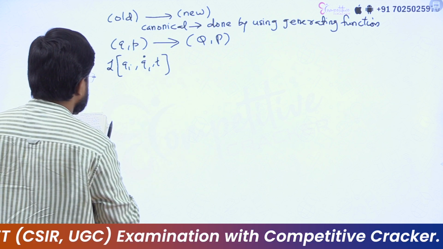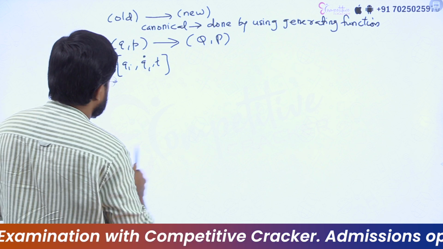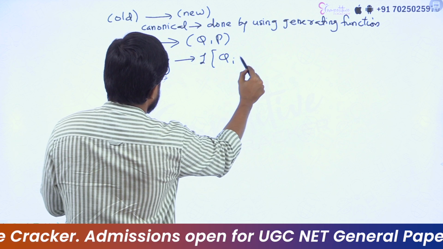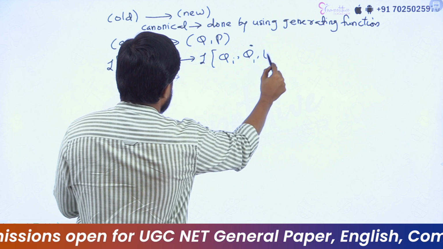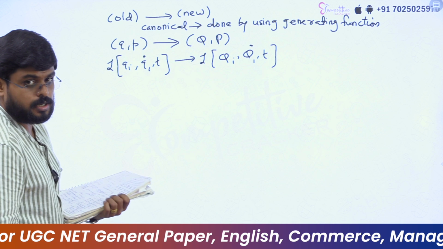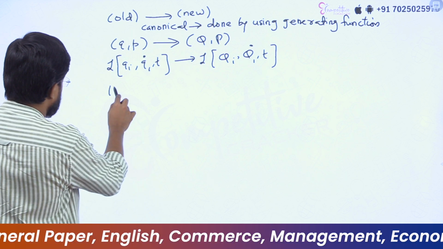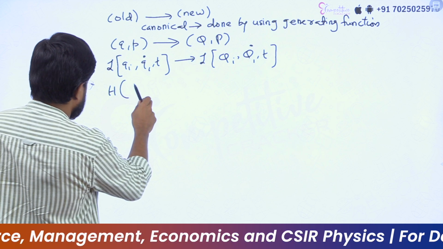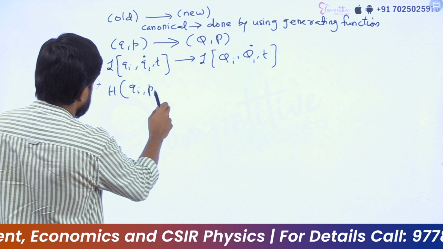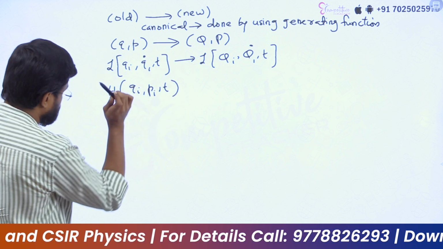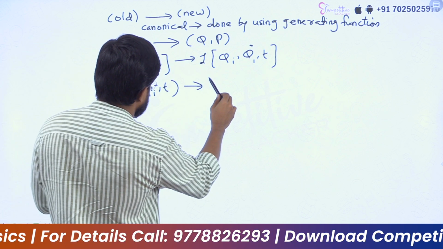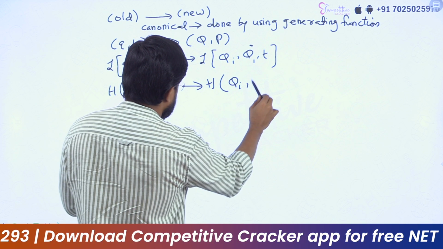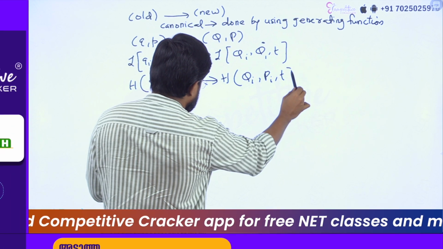And the new Lagrangian also depends on capital Qi, capital Qi dot and t, and similarly the old Hamiltonian depends on qi, pi and t, and this also results in a new Hamiltonian, which depends on capital Qi, capital Pi and t,